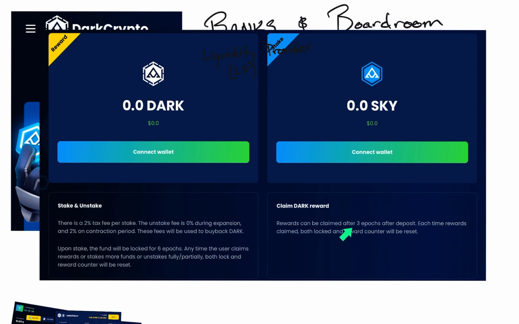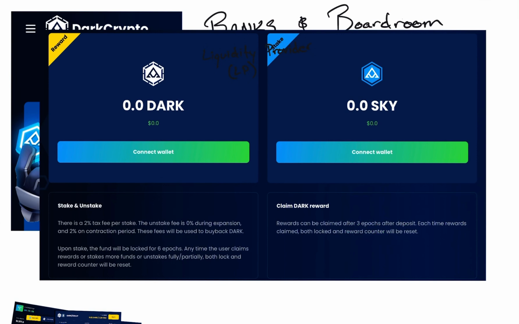And it says that rewards can be claimed after 3 epochs after deposit. So you stake your Sky up here in boardroom, you will accrue rewards each epoch, but you won't be able to claim them until after at least 3 epochs